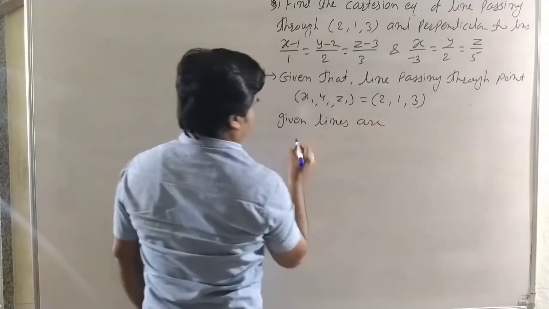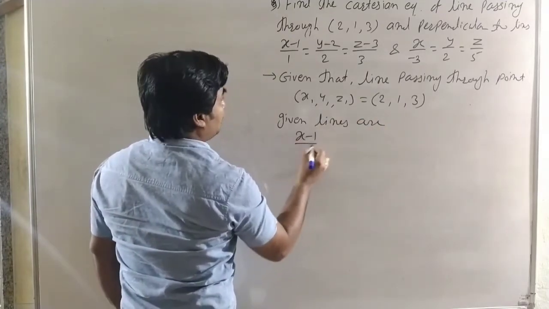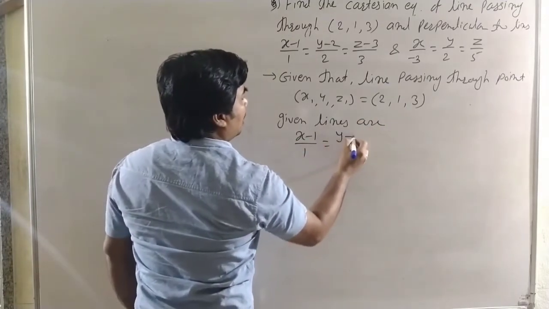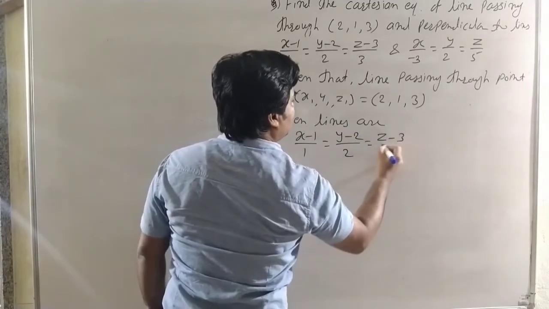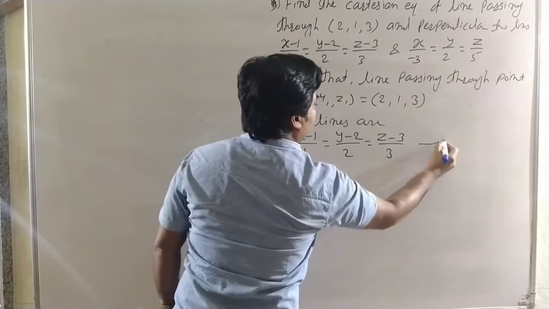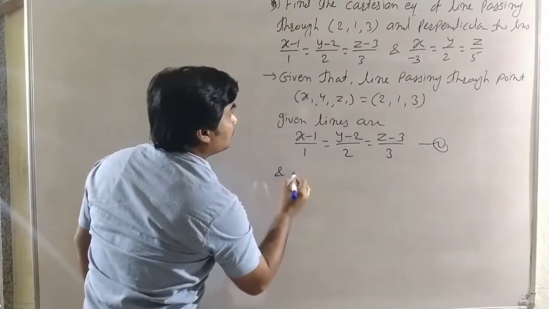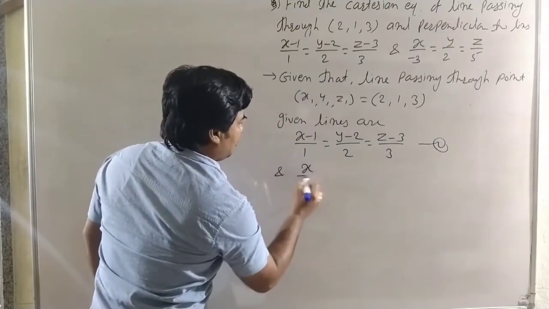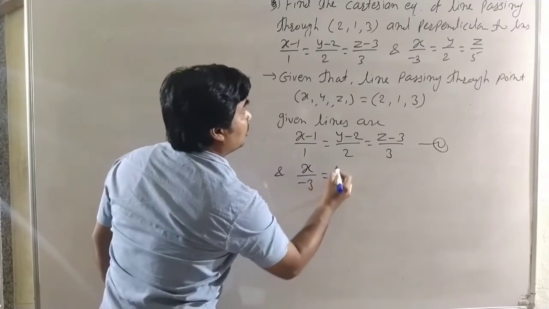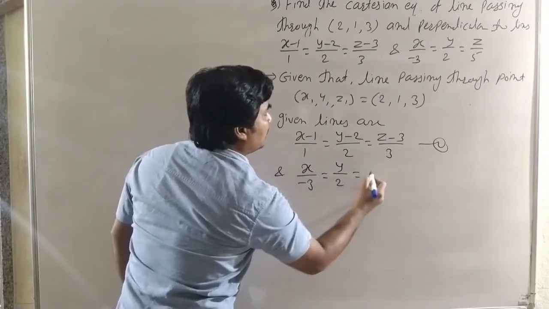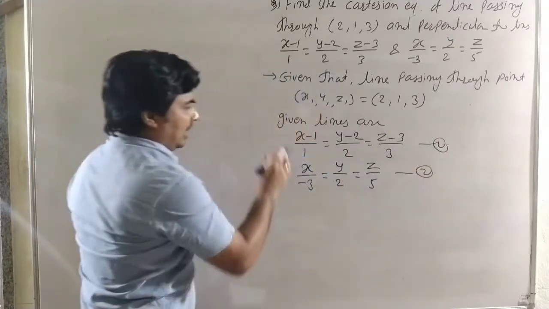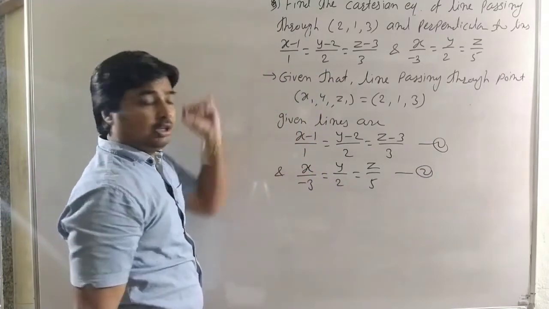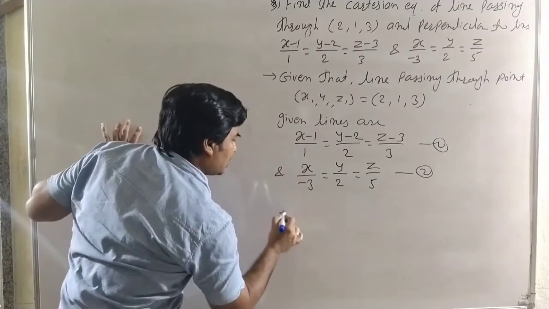Given lines are (x minus 1)/1 = (y minus 2)/2 = (z minus 3)/3. It is equation number 1. And x/(minus 3) = y/2 = z/5. It is equation number 2. Here lines 1 and 2 are perpendicular to the required line, but here the vectors,